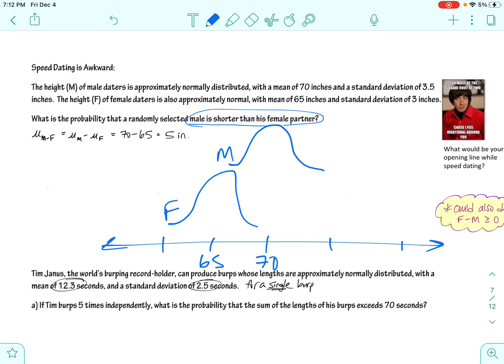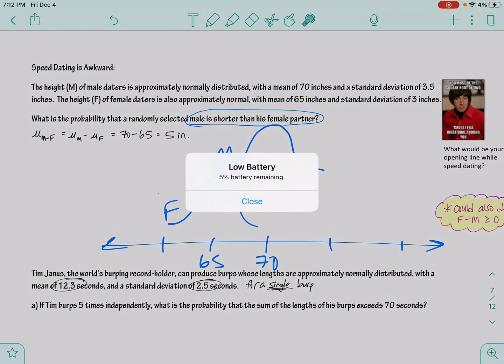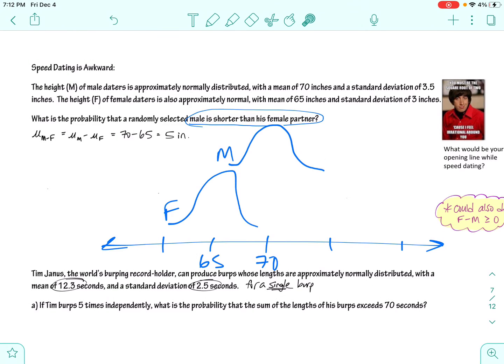And so if you think about this conceptually, when you combine these two distributions and you don't separate males and females, you just combine them into one giant group of speed daters, what we essentially have is the shortest female hanging out way out here, and the tallest male way out here. And when we combine this population with this population, can you see how our shortest female is still going to be right here on the number line, and our tallest male is still going to be over here on the number line? So we're going to actually be a little bit more spread out than initially the two populations were